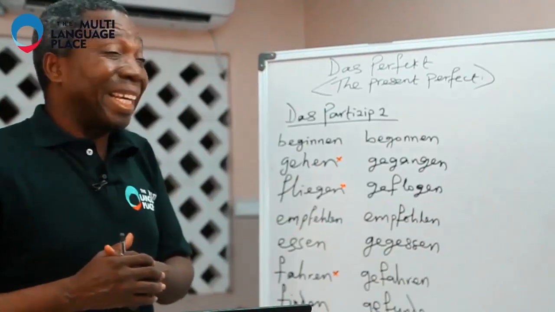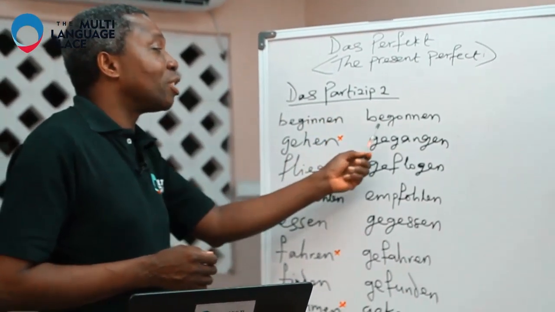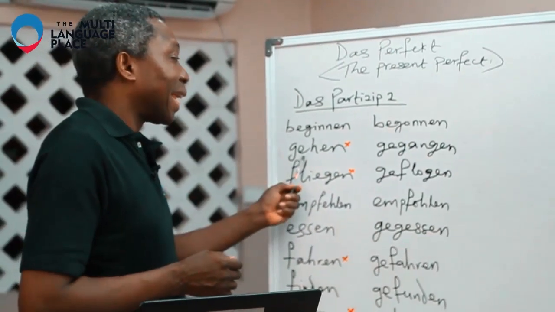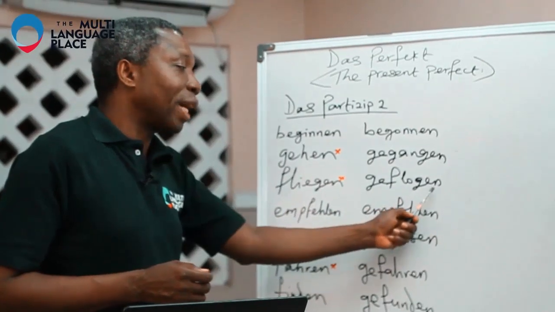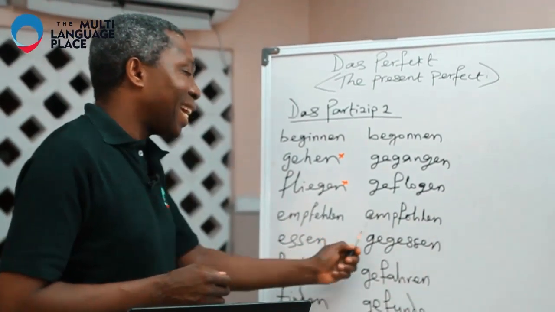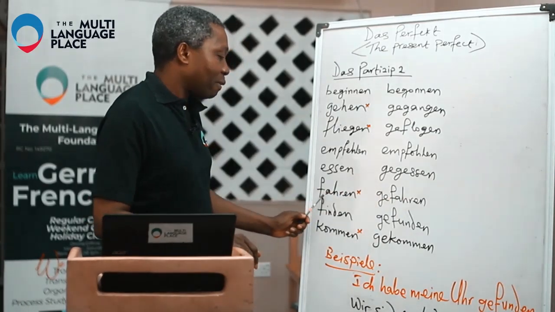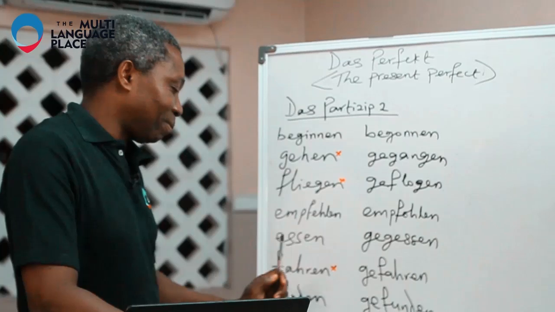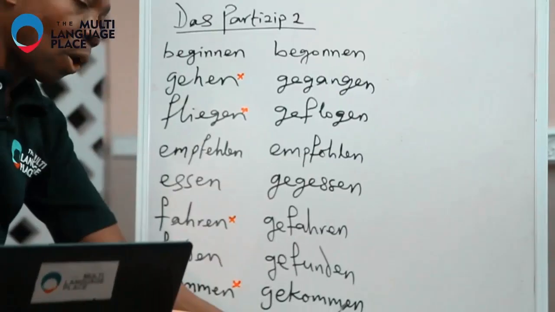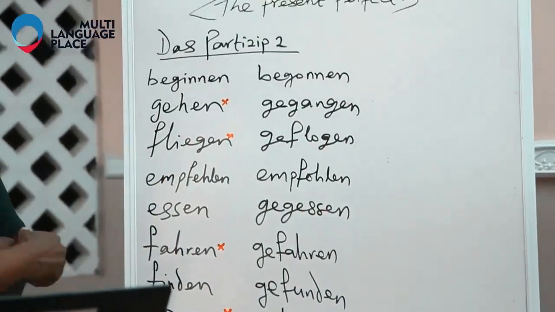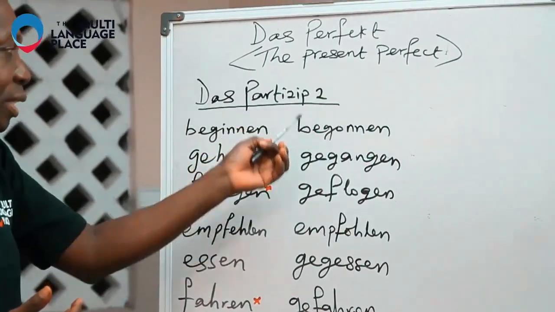So I have beginnen, and the participle 2 of beginnen is begonnen. Gehen, gegangen. Fliegen, geflogen. Empfehlen, empfohlen. Essen, gegessen. Fahren, gefahren. Finden, gefunden. Kommen, gekommen. Now, we're going to use some of them in sentences